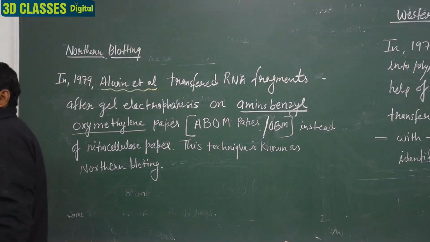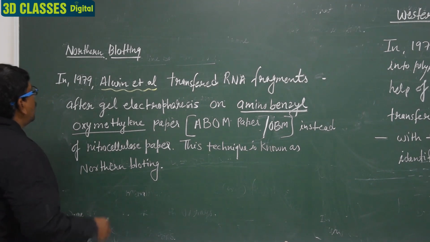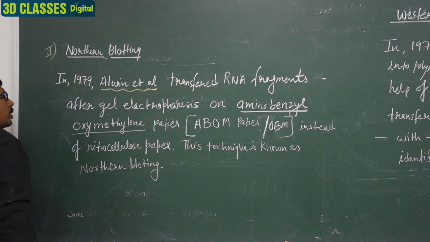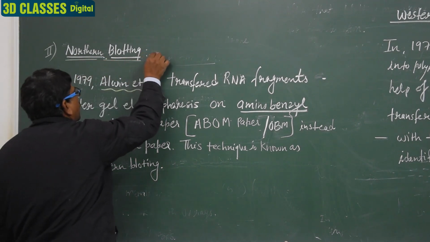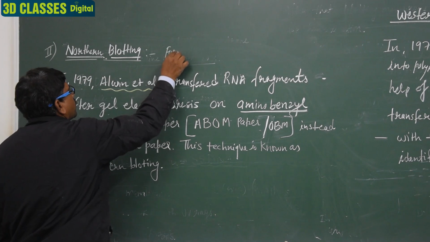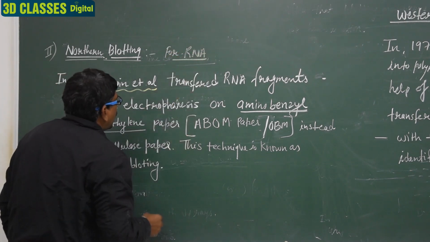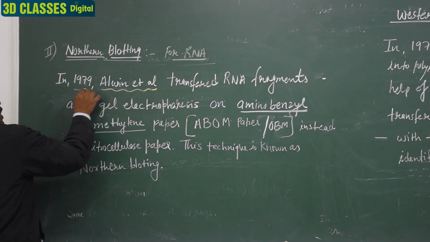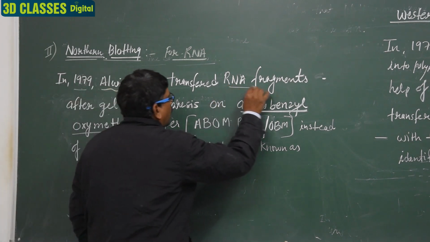So students, after southern blotting, we discuss the next point, that is northern blotting. Northern blotting was discovered by Alwine. Southern blotting is for DNA, and this is the blotting for RNA. It was discovered by the scientist Alwine in 1979, and it transfers RNA fragments